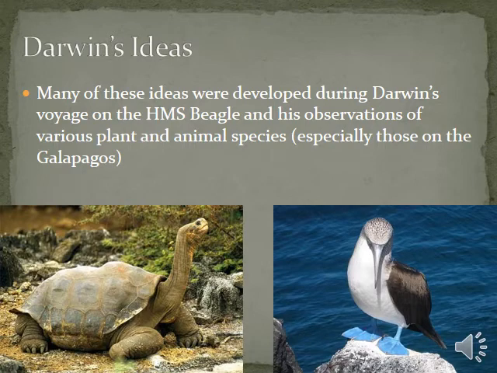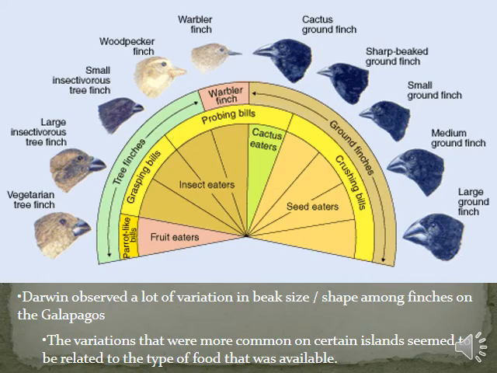Many of the ideas Charles Darwin writes about at length in his book on the origin of species were obtained from his observations, his collections, and his time spent on that ship around the world. He stopped over for several weeks in the Galapagos Islands, collected, and made a lot of observations of different species, and wondered how they got to this remote island chain far off the coast of South America. Darwin observed that among birds on the various islands in the Galapagos chain, there's a great deal of variation in beak size and shape among the different species and kinds of finches. Those variations were more common to certain islands and seemed to be related to what kind of food they were eating.